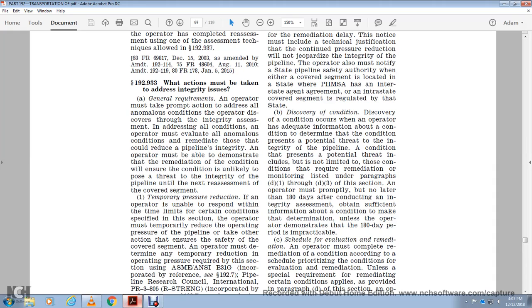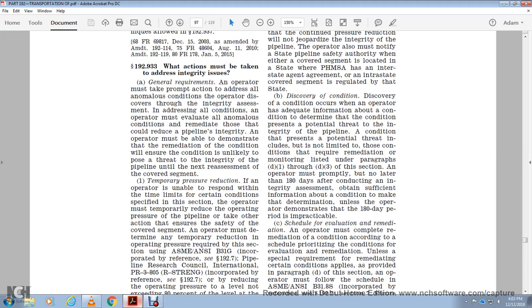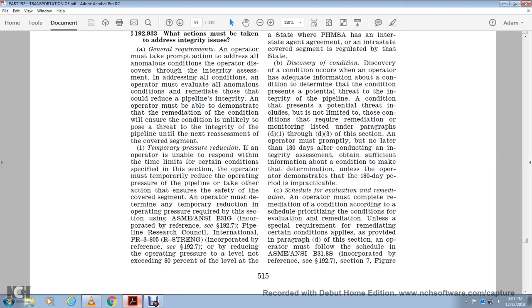Temporary pressure reduction. If the operator is unable to respond within the timeline and limits for certain conditions specified within the section, the operator must temporarily reduce the operating pressure of the pipeline or take other actions to ensure the safety of the covered segment. The operator must determine the temporary reduction in operating pressure required within the section using ASME/ANSI B31G and incorporate the reference in 192.7, with PRCI PR-3-805 R-STRENG, incorporated by reference in 192.7, by reducing the operating pressure to a level not exceeding 80% of the